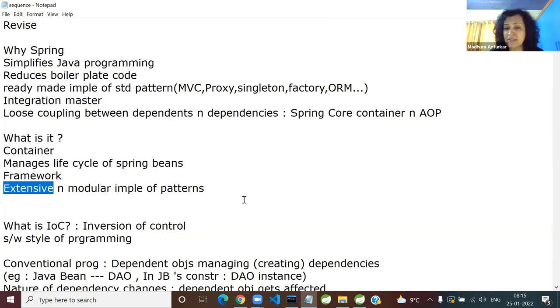If you remember yesterday's diagram, Spring has loads of modules. It has a core module, it has a testing module, it has an AOP module, it has a web module, data integration module. So today being the first day, we are just going to get introduced to Spring core container. Today's day is excellent for understanding the internals about Spring and very good for answering popular questions.